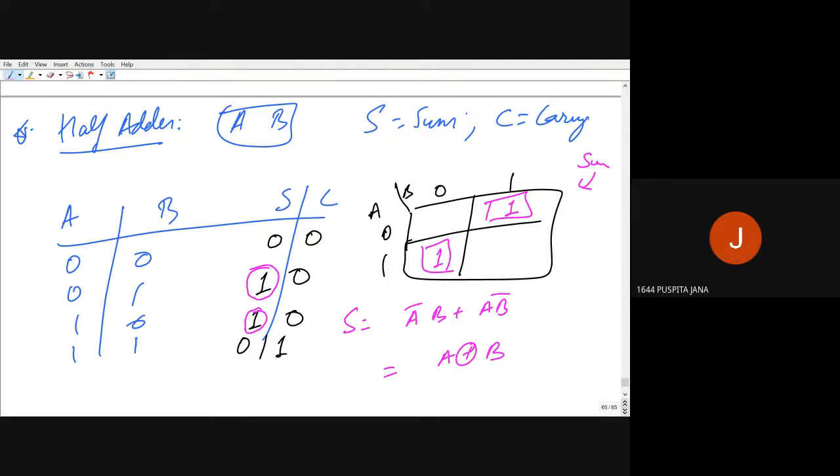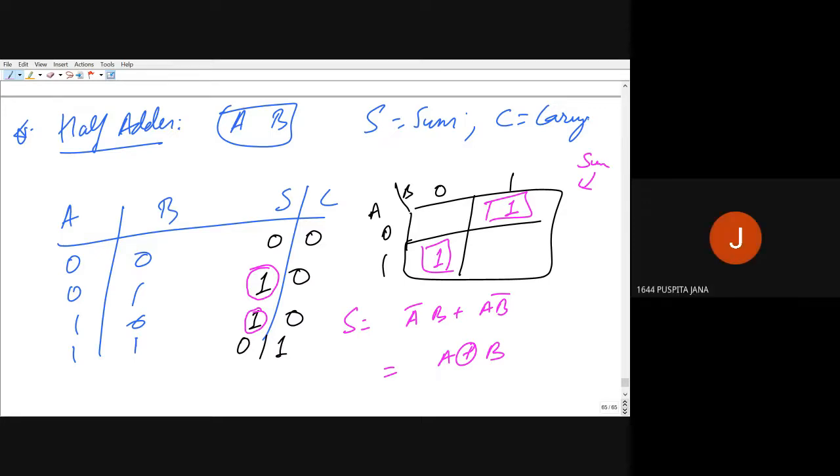Sir, can you repeat the grouping portion again? So we have seen this grouping in K-map now. Both of these cells are independent cells. You cannot group them together. So I have grouped them, this is step number 2 of K-map: if there are independent cells, group them individually. So both the cells are independent.